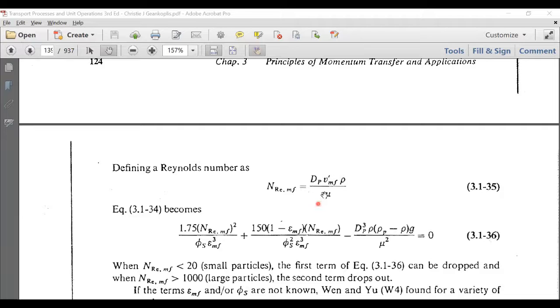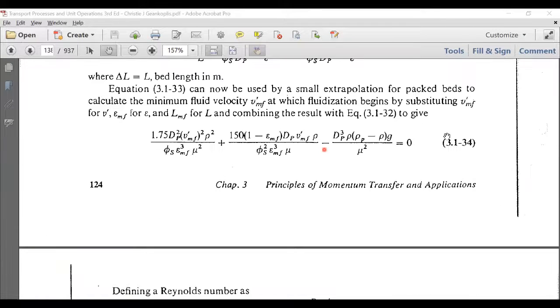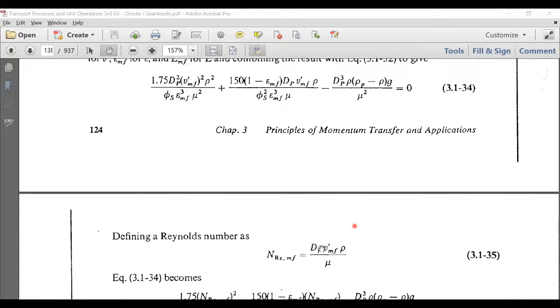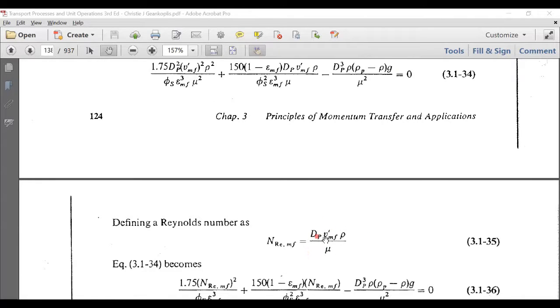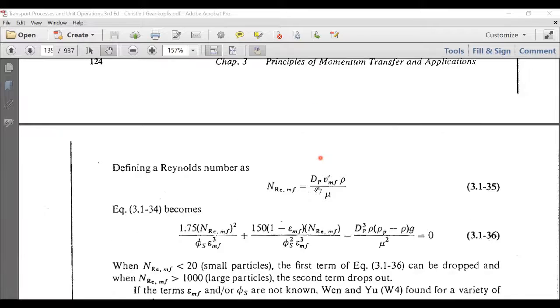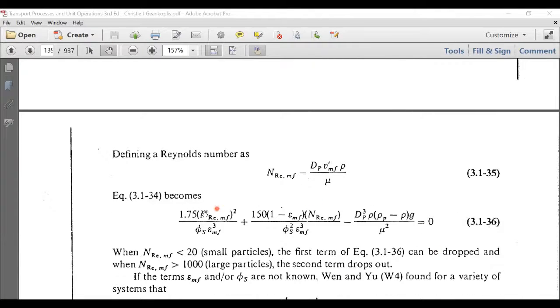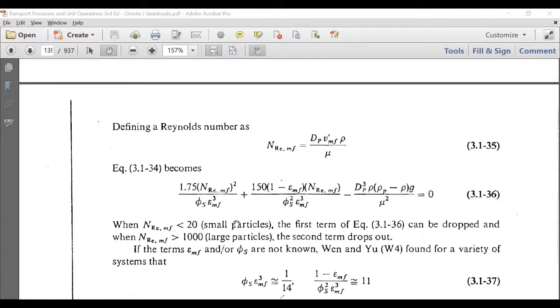Now, after I combine the equations 3.134 with this, I combine these two equations, 3.134 and 3.135. After I combine these two, then I can get this equation, 3.136. Now, when the NReMF, the Reynolds number at minimum fluidization, is less than 20,